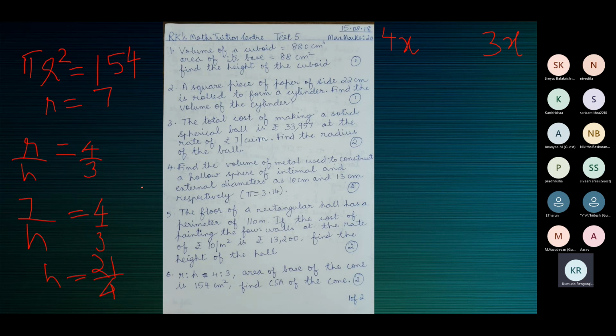When the question is to find the CSA of the cone, you cannot directly write the formula CSA is equal to pi r l. What do you need for a cone? You need the radius and height. Only if you have the values of r and h, if needed, you can find l. It will make sense to you only if you know all the formulae well. Otherwise, you'll think that I'm not explaining clearly.